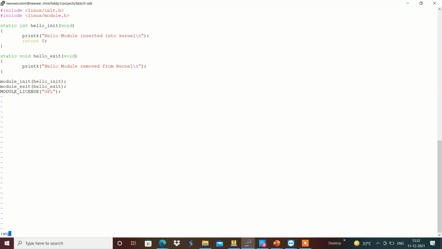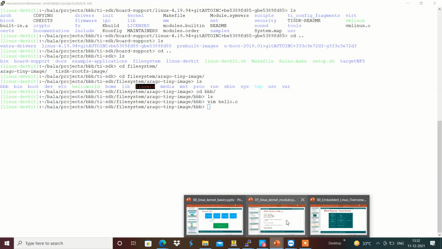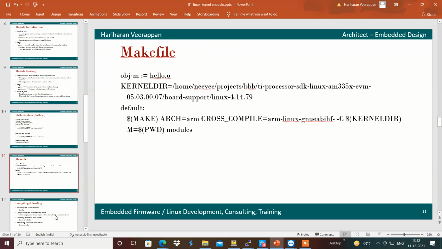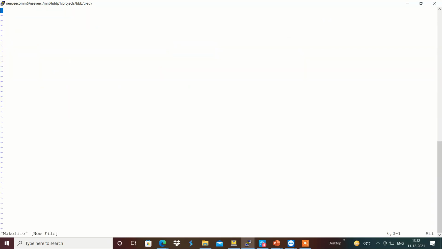Now I am going to compile this module with the help of a makefile, which I am going to create. vim Makefile, which basically has obj-m